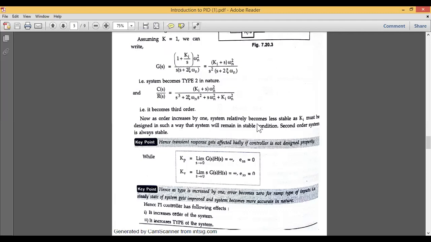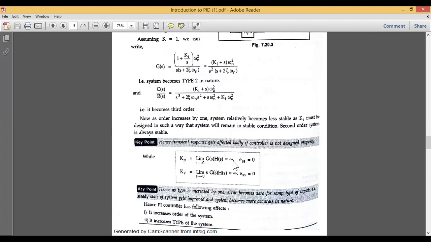You cannot keep your system as a constant. So the stability of the system gets changed, and again it depends on the type of order and the type of condition which you are using. So from the analysis of this particular PI controller, we can now conclude that the values of Kp and Kv are both infinity, and the steady state error for this particular PI controller is 0.